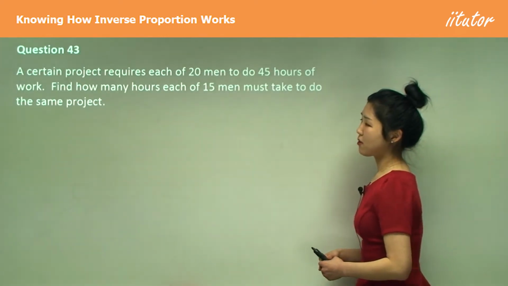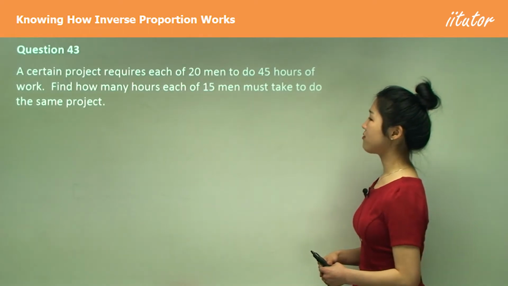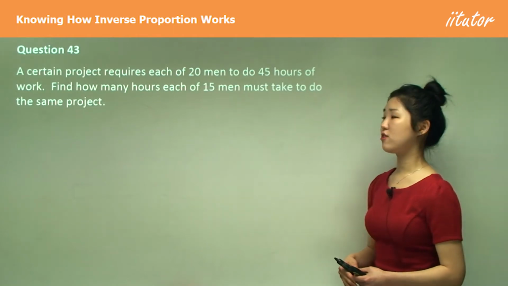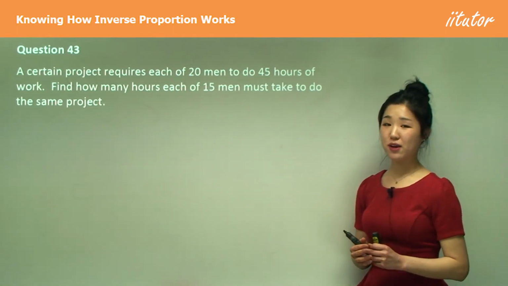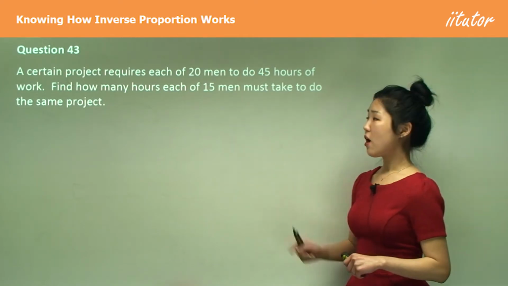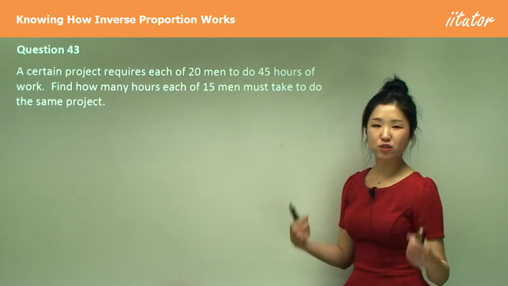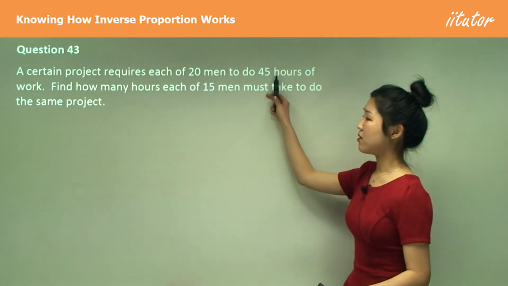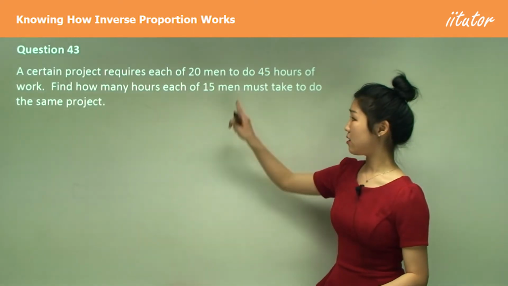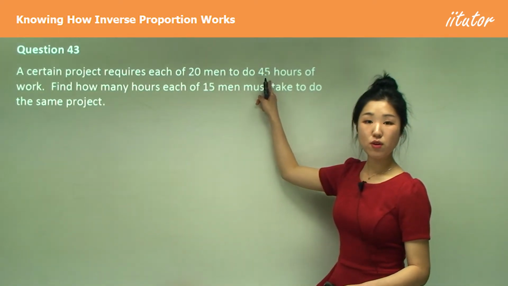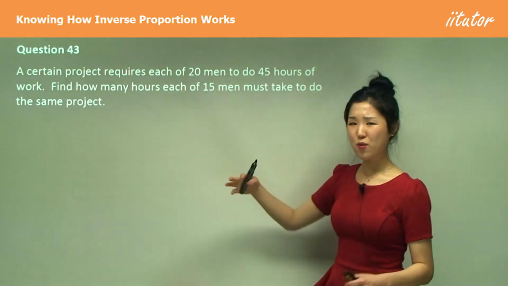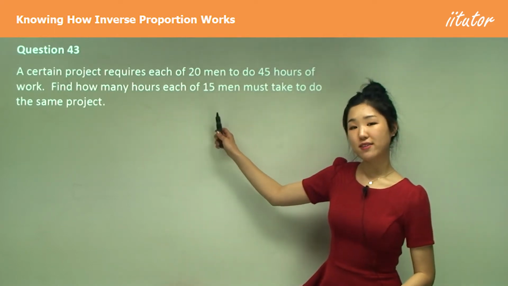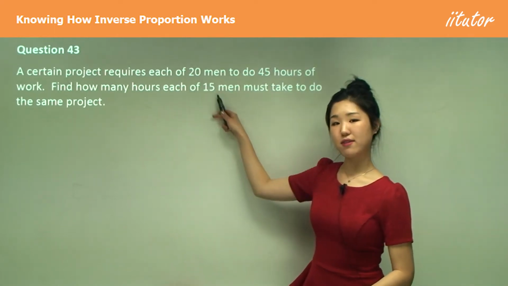43, a certain project requires each of 20 men to do 45 hours of work. Find how many hours each of 15 men must take to do the same project. This is not just using plain ratios as we were doing in the past. One project, say a digging project, takes each of these 20 men 45 hours of work. That's quite a lot, but if there are fewer workers, 15 men, so 5 fewer men,